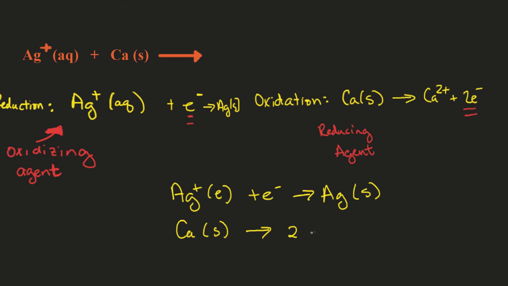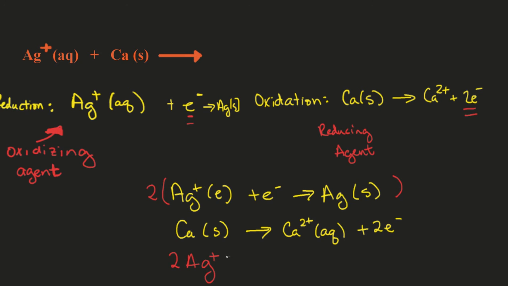And the way we balance the equations in this case is we have to multiply the top equation by 2. The reason being, the electrons have to contain the same coefficient. Otherwise, they will not cancel when you add these two equations. So you multiply this whole equation by 2. And when you do so, you get